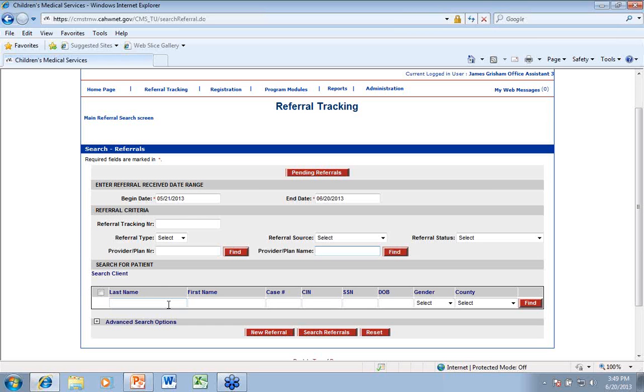And then we're going to go down to, you can always, of course, search by the patient. And this is your typical parent, your typical client search. You can search by their last name, their first name, case number, so on and so forth, to identify that client. Once you've identified that client, you can then search referrals,